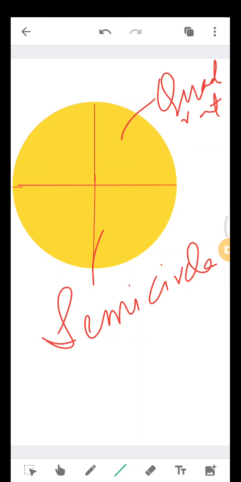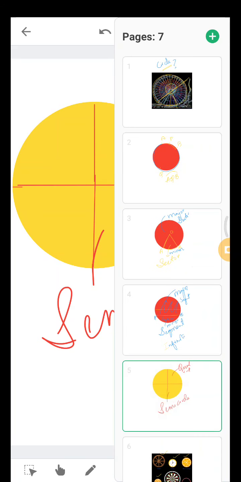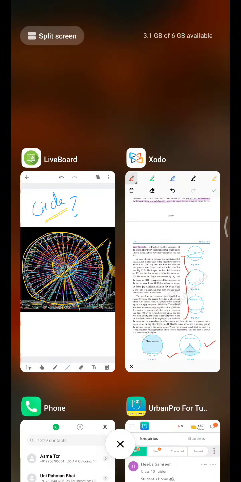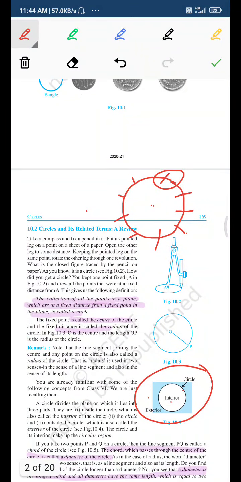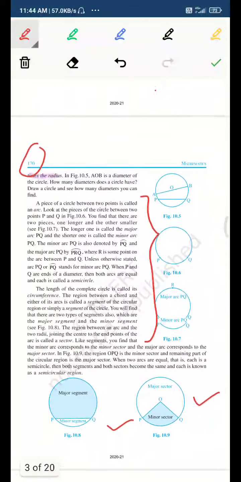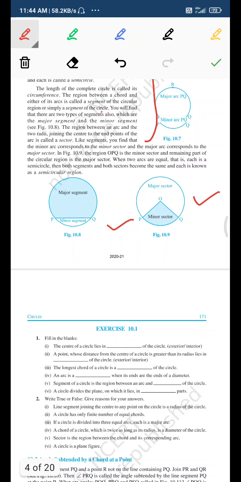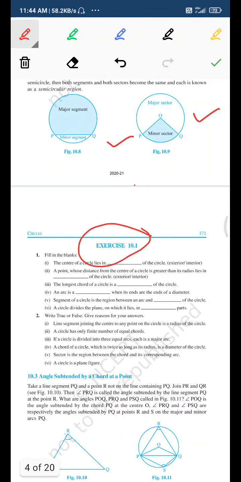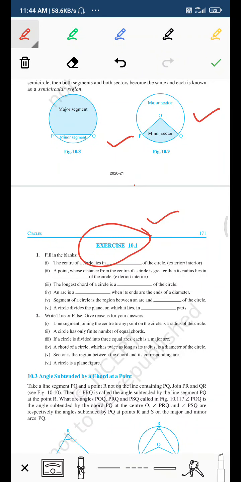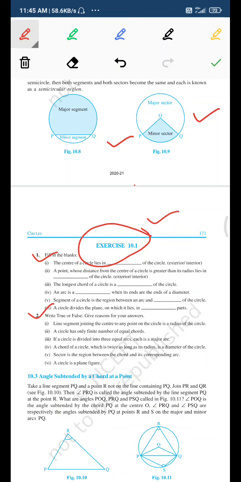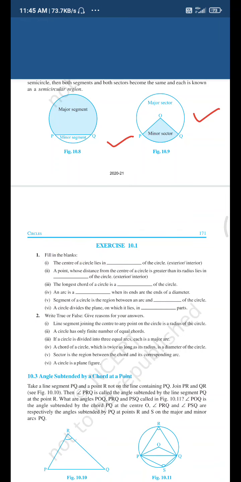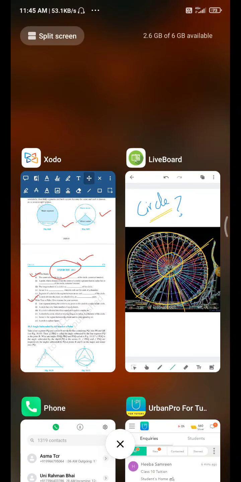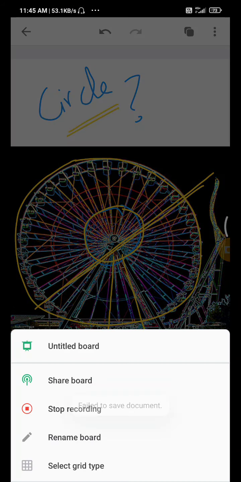So these are a few definitions which you need to remember from the circles chapter. Copy all the definitions from the textbook, page number 170 and page number 169. You'll find all these definitions along with the figures. After doing all this, you have to solve exercise 10.1, all the fill in the blanks and true or false, in your classwork. So this is the end of the session. We'll continue with the same chapter in the next